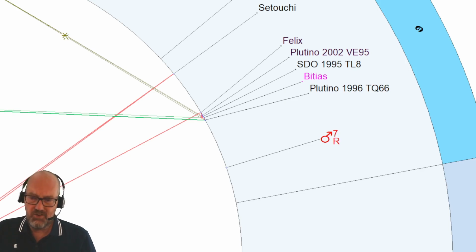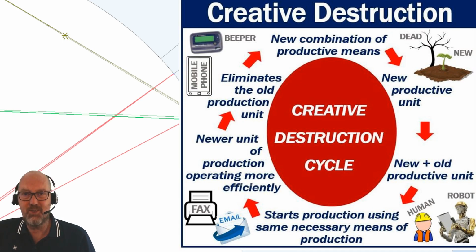What can he tell us about the location of Bitias in its own discovery chart, and what that might be saying about the character of this asteroid? Let's start with the Plutino 2002 VE95. That Benjamin Adema says is about penetrating the negative, and also this idea of creative destruction, you know, that certain economists talk about. The other Plutino